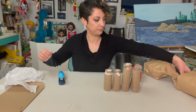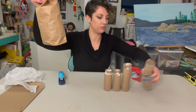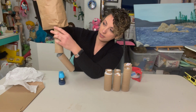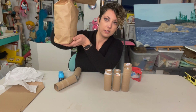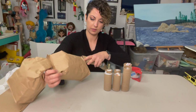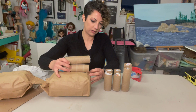Now comes the fun part. We are going to be attaching the legs to the front portion of our bag so that it also hinges. So we've got our knee here. We want our leg to be able to hinge in this way. So this will become essentially your puppet's bottom. I'm going to lay them down, bend it at the knee, place it where I want it,